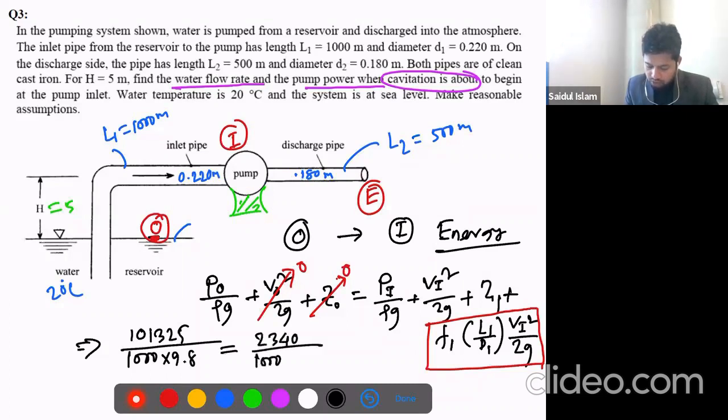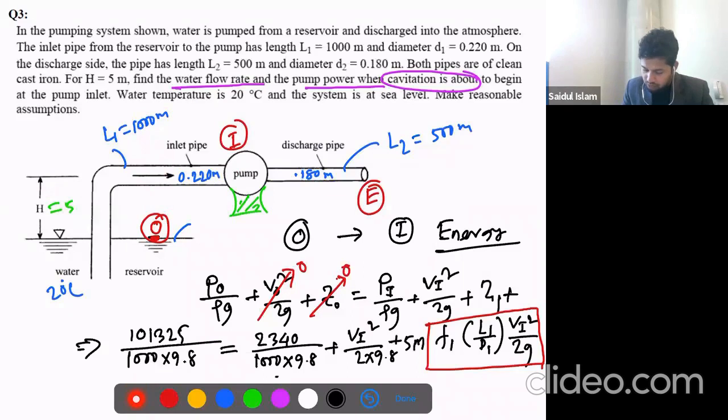Then V_I squared over 2 times 9.8, plus Z_I, which is 5 meters. This is the elevation from point O to I, plus